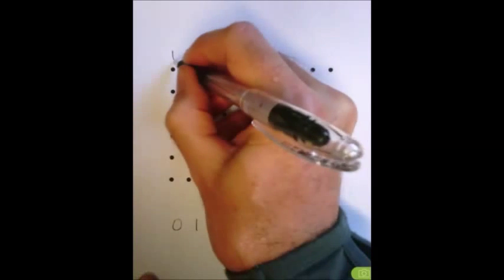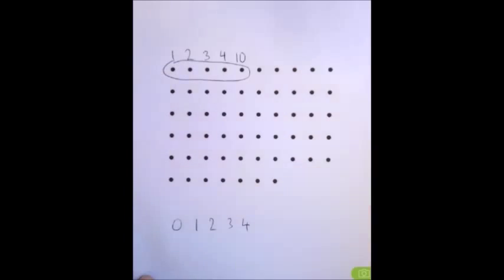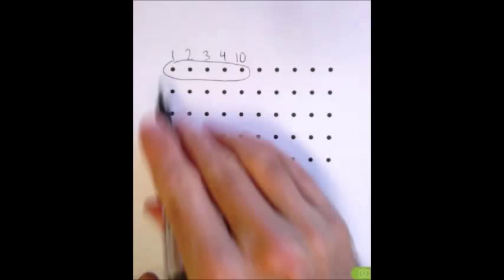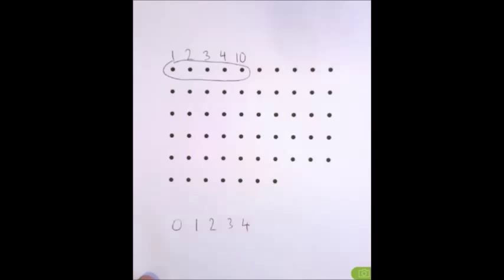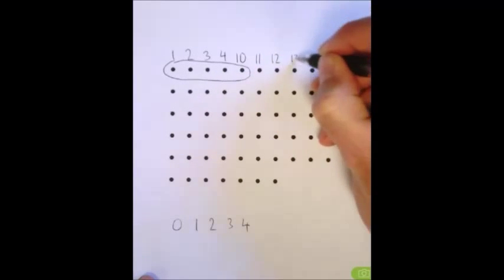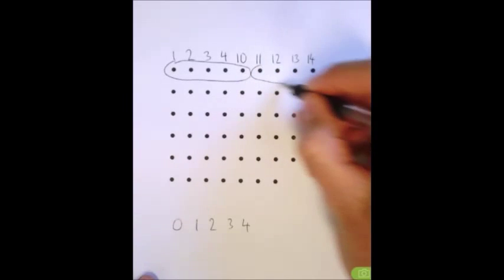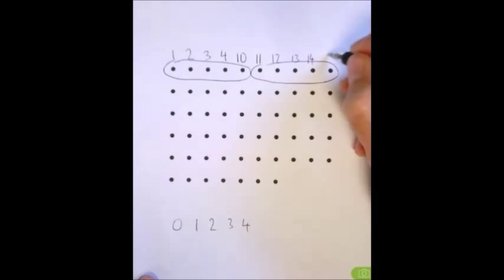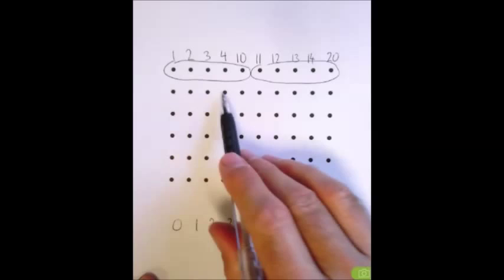And what we have done there is we have formed one group. It's just that this time the group only has that many dots in it. So that would be 10 dots in our new system. And so here I have one group and 1, one group and 2, one group and 3, one group and 4, and now I've run out of symbols, so I have to form another group. And so here I am at 20 dots. And so I keep going: 21, 22, 23, 24,